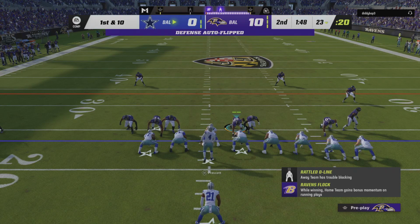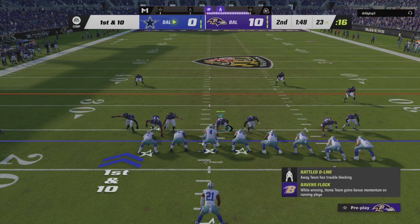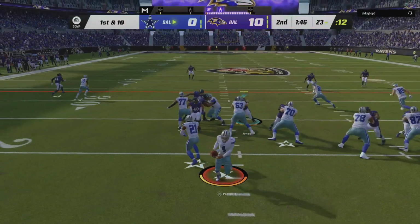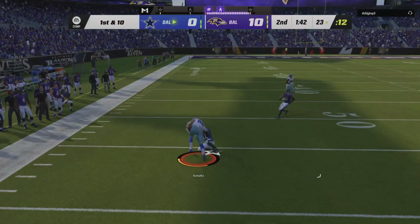About set for this next drive by the Cowboys offense. As the offense comes out here, Charles, maybe perhaps a bit more of a focus on the run game for this drive after tossing an interception on the previous one? I think that's a good way to look at it and a good way to think about it, but maybe